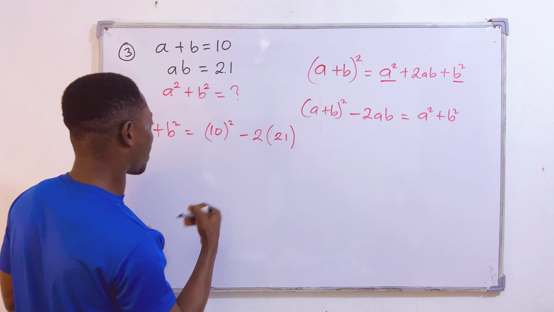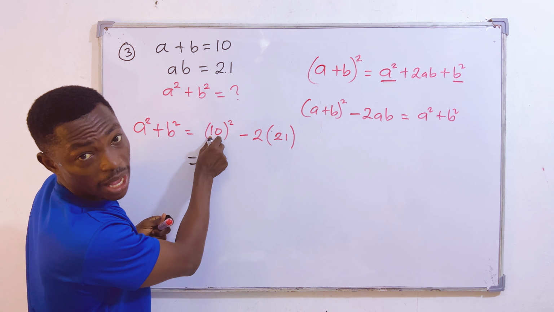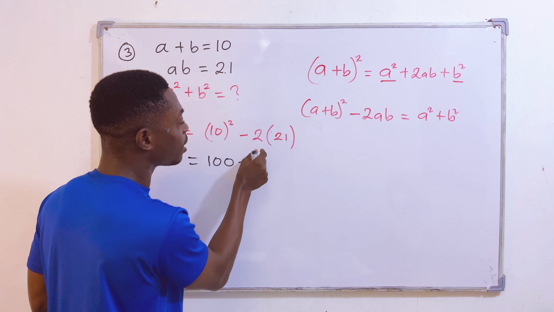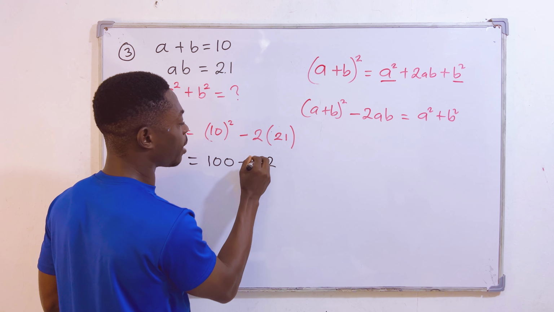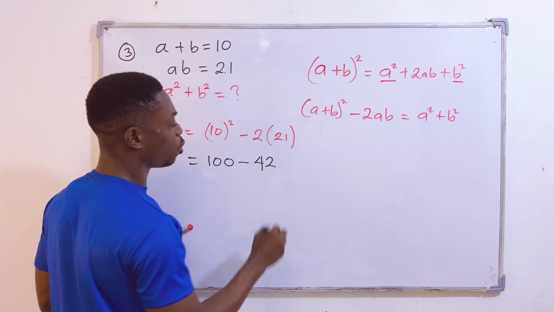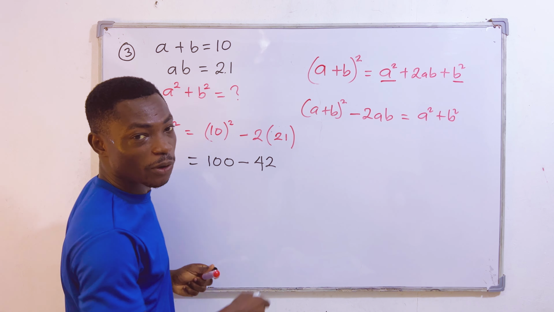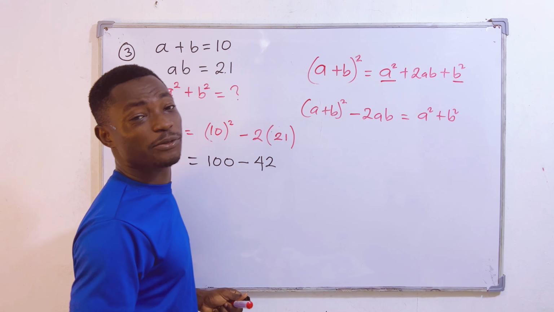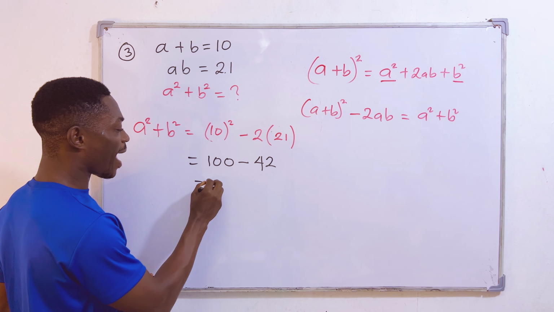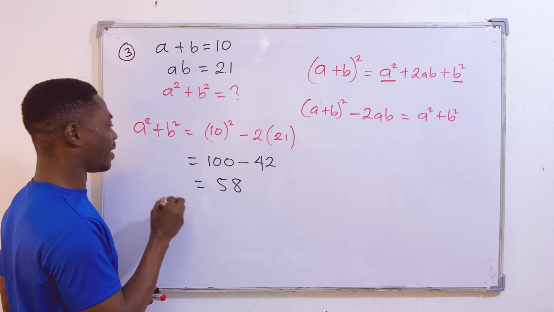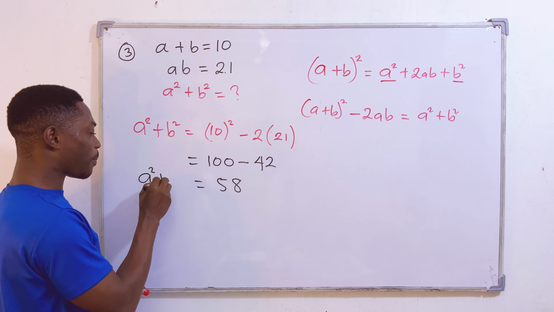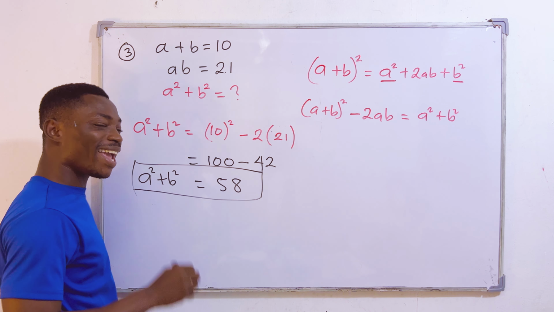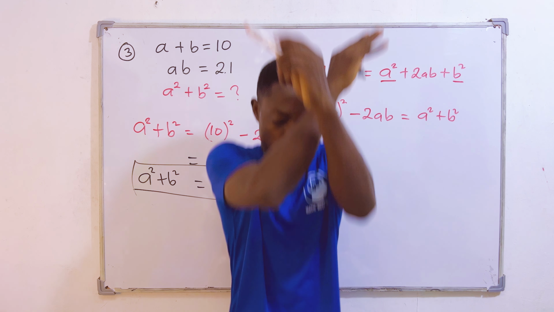Cool. Then we break things down. This is 10 times 10, which is giving us 100. So we have 100 minus 2 times 21 is 42. I'm getting 58. Therefore, a squared plus b squared is giving me 58. That is level 3. So